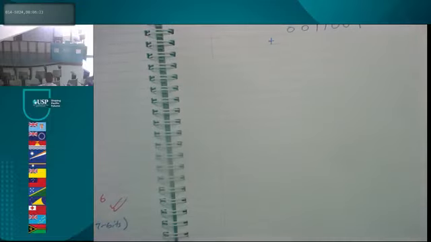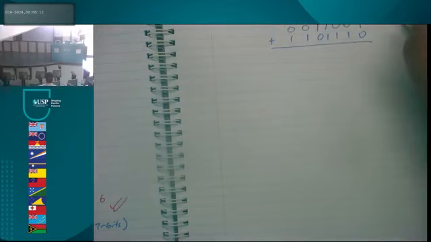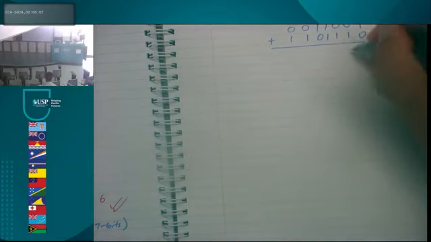I used positive 18. I should have used negative 18. So it will be 0011001 plus this one here, the one right at the bottom of the page, 1101110. Okay, this was 25, this was minus 18. Okay. So 1 plus 0 is 1, 1, 0 carry 1, 0 carry 1, 0 carry 1,